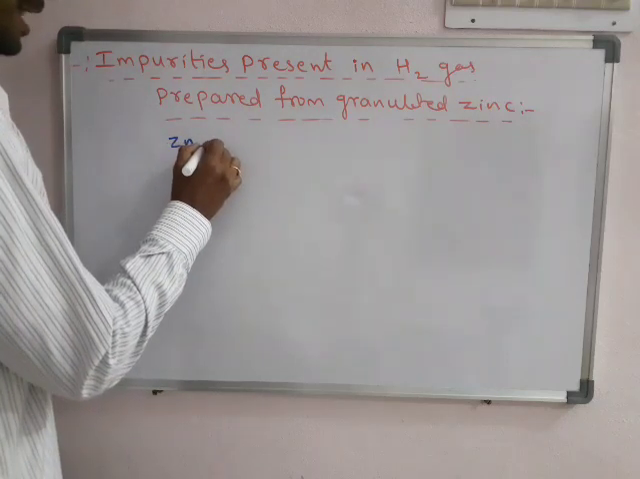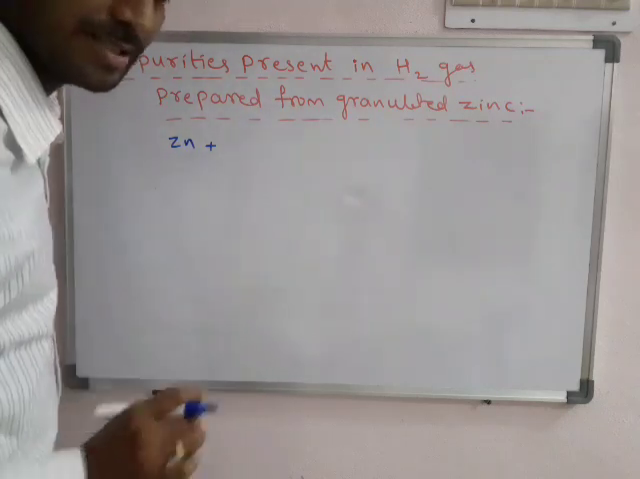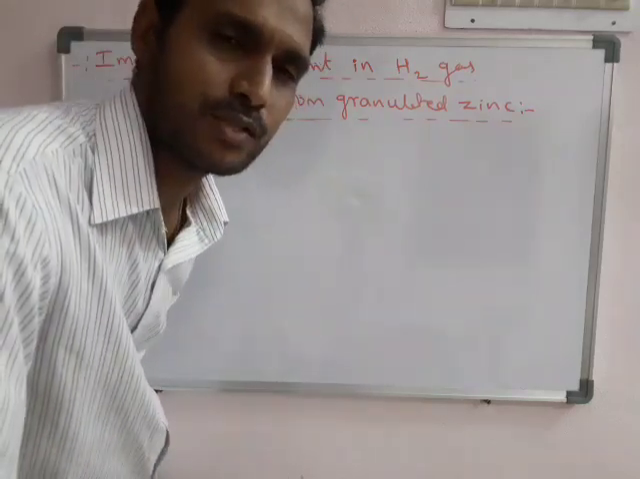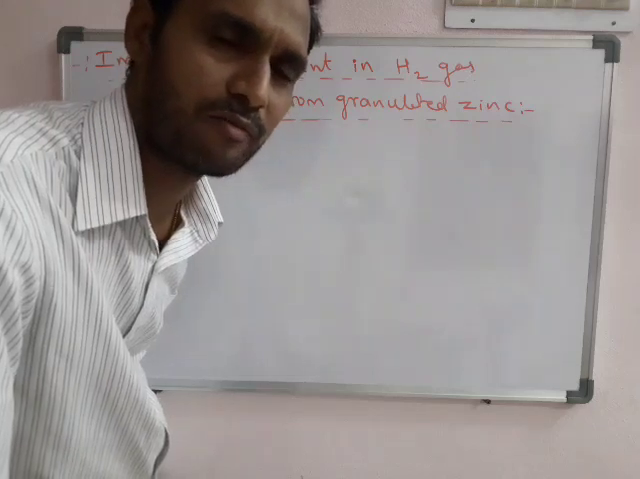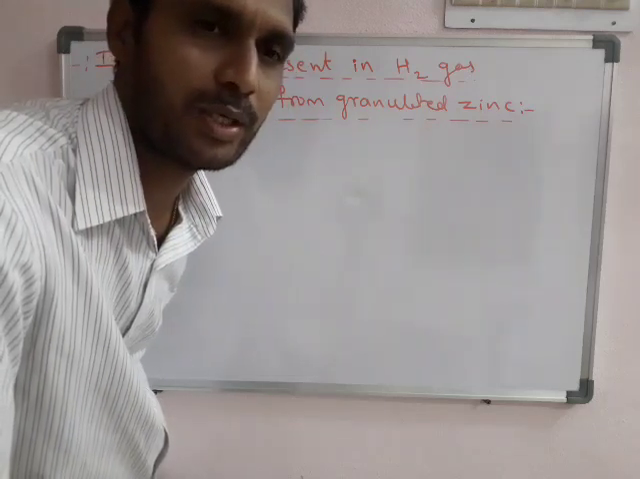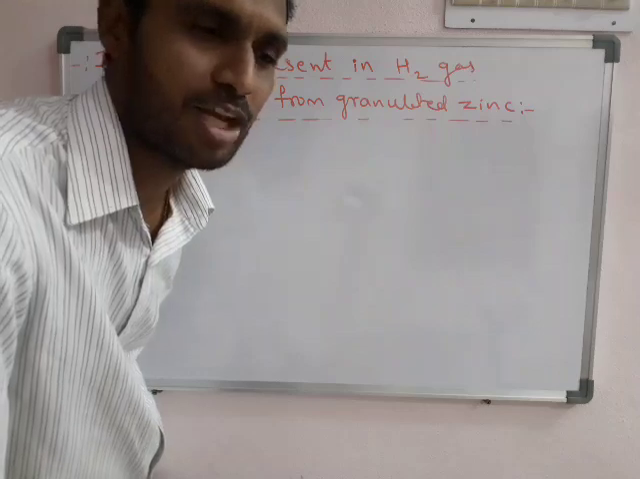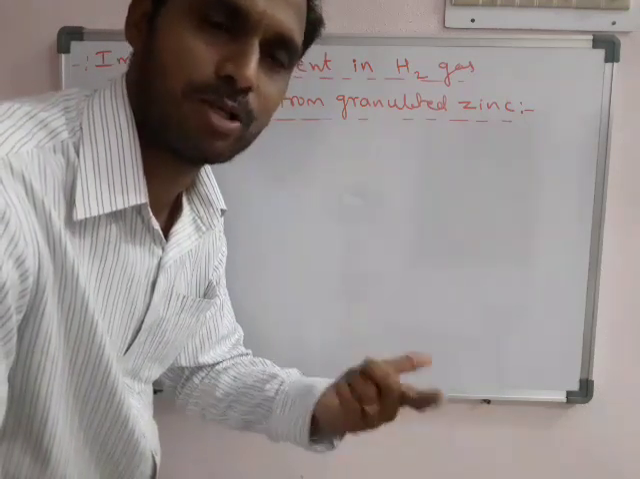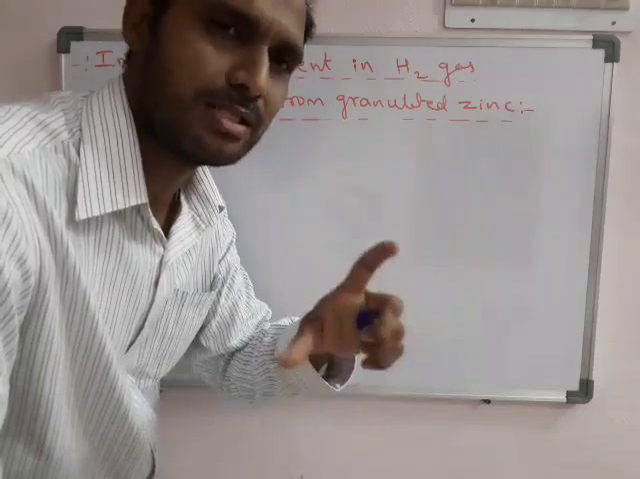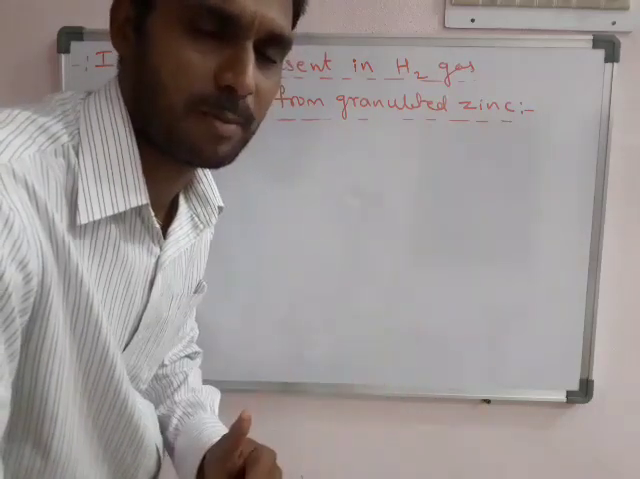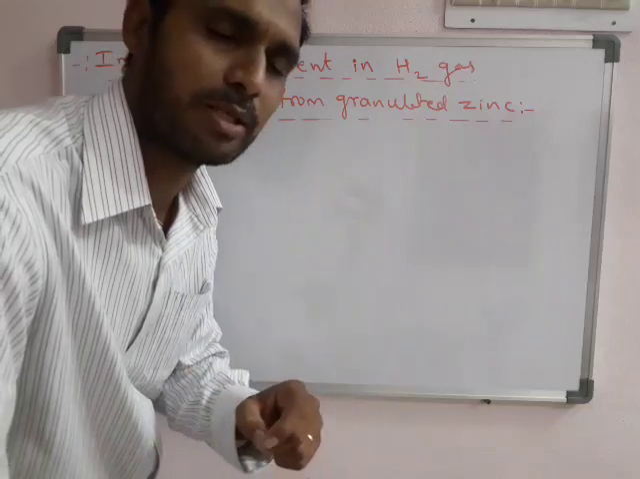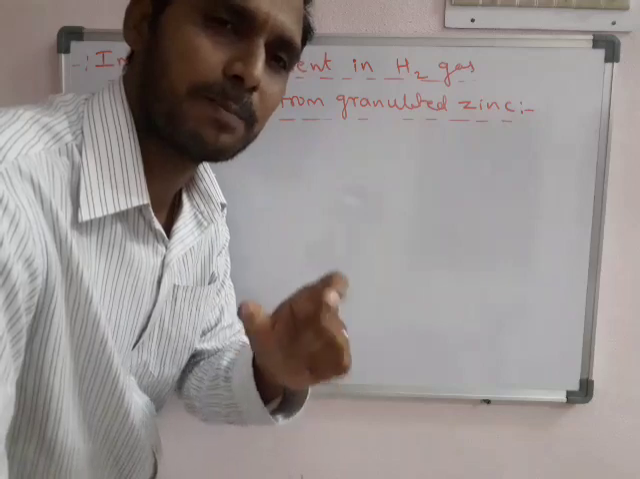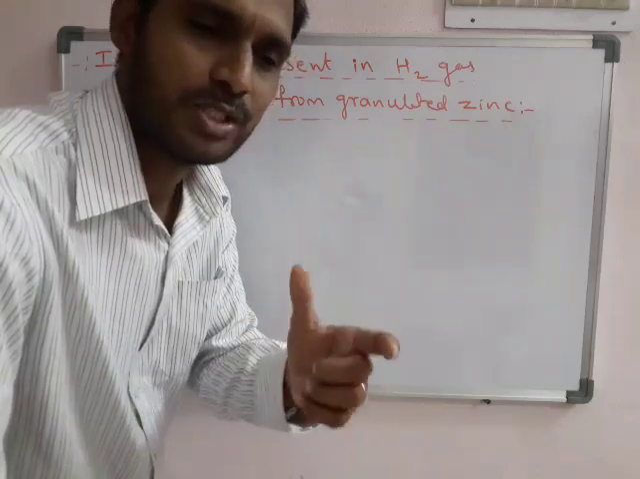Here, granulated zinc means large sized zinc pieces. Actually, granulated zinc is the first form of zinc from zinc manufacturing, called the impure form of zinc. The next purification stage is converted into zinc dust, zinc powder, which is the purest form of zinc. Granulated zinc has some impurities. Just remember, impurities are like dust particles,